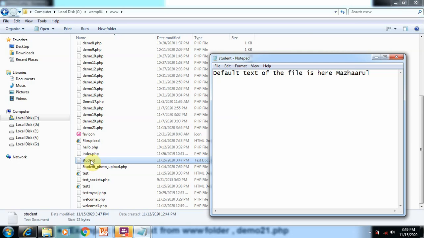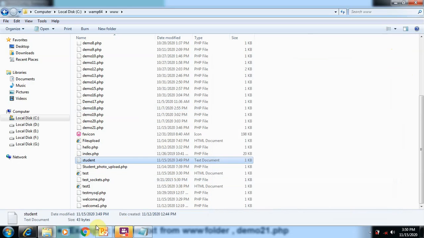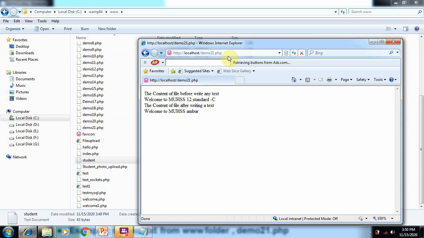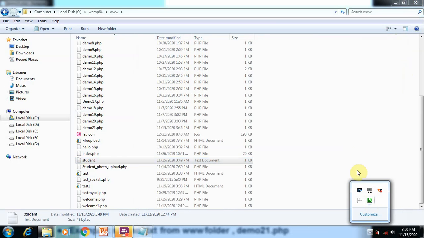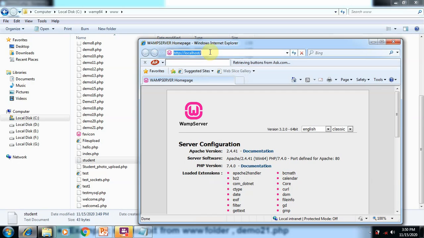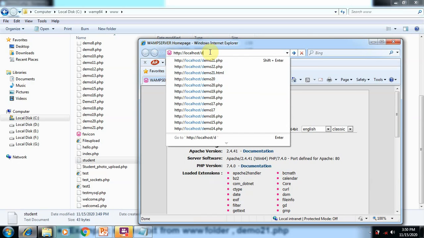So this is the default content. So when I open the server program through the localhost, you can see that the default content will display first, because at the beginning we open the file